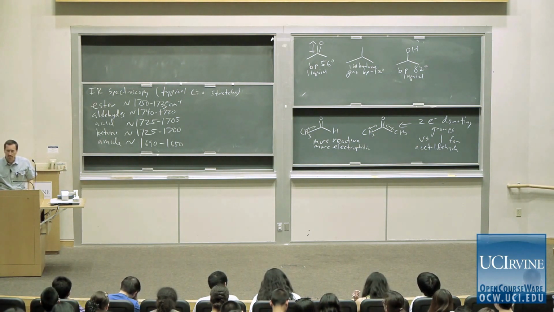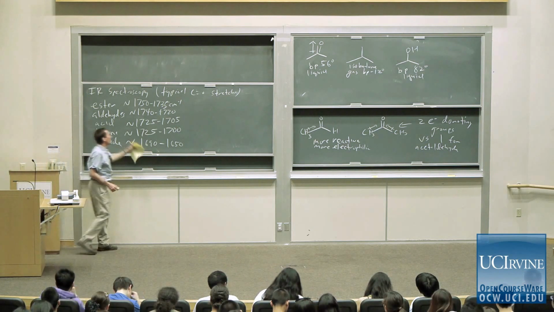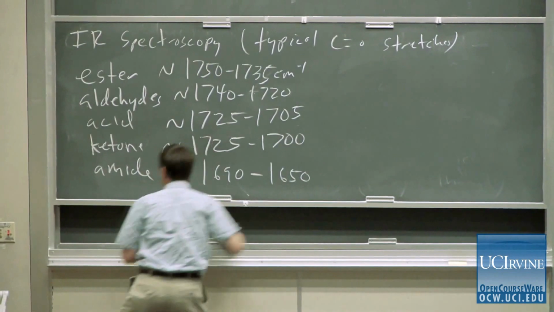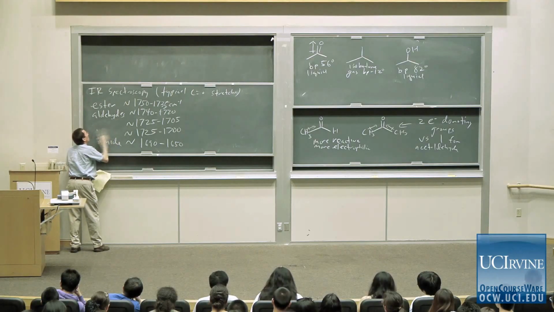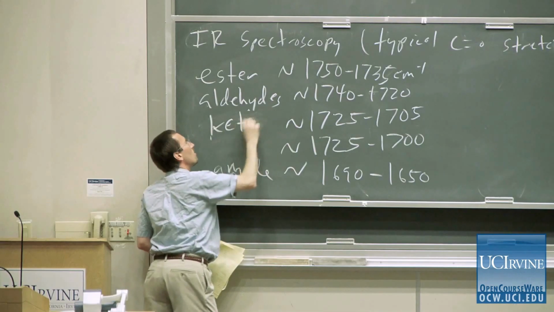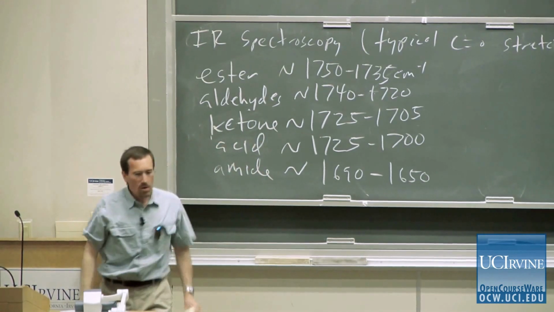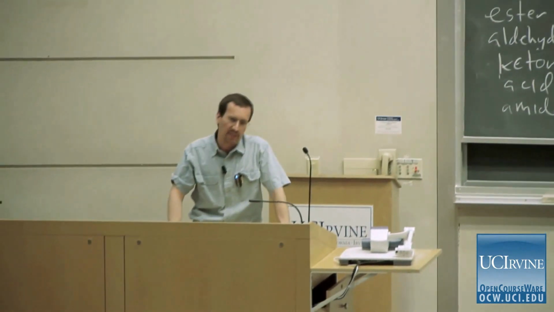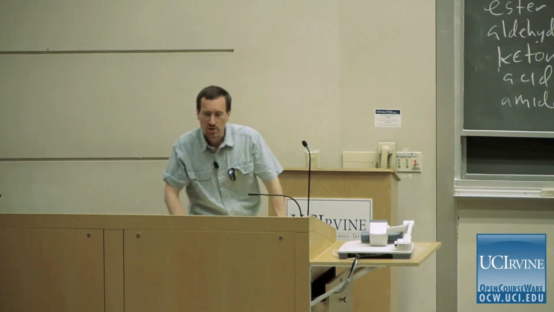We talked, for example, about carboxylic acids. And we said it's pretty hard to miss a carboxylic acid. Whoops, I have managed to swap the order: it's ester, aldehyde, ketone, pardon me, acid, amide. So if we look at, say, a ketone versus an acid, there's not a heck of a lot of difference. They fall essentially in the same range. But a